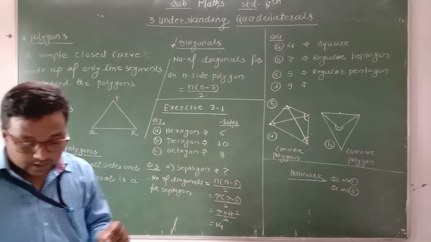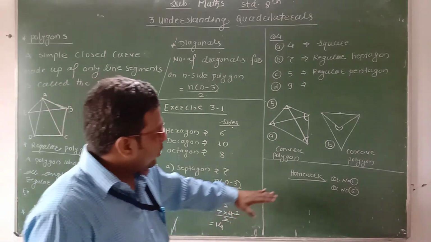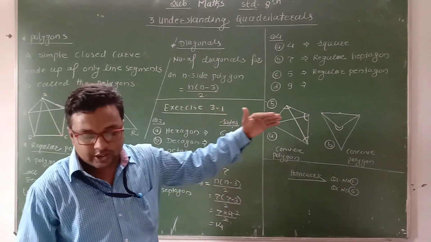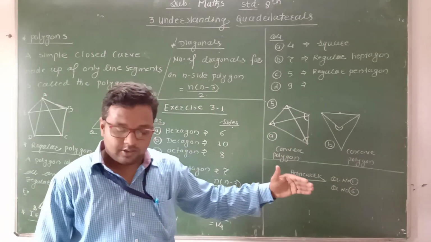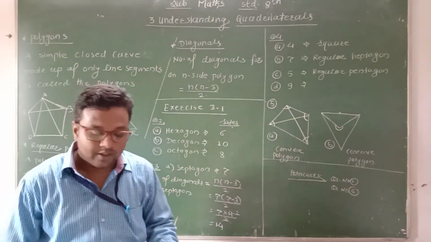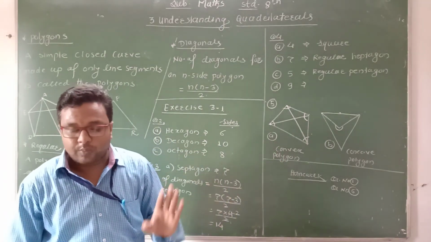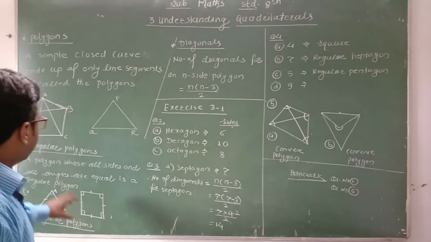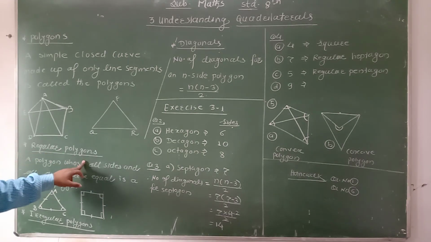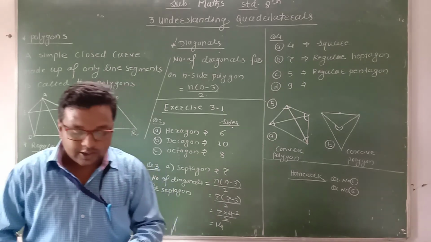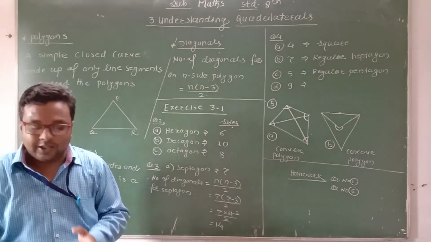Okay. Now students, note down your homework. Question number 1, that is, tick the correct answer. Here see question number 2 to question number 5. From that you can easily do question number 1. Question number 6 is given. Which of the following are regular polygons? We already saw here what a regular polygon is. Using this definition you have to identify which are the regular polygons from the given polygons.